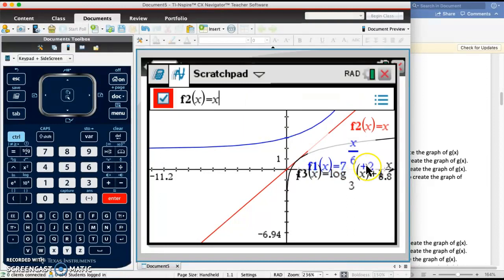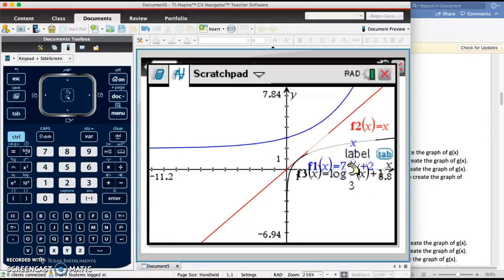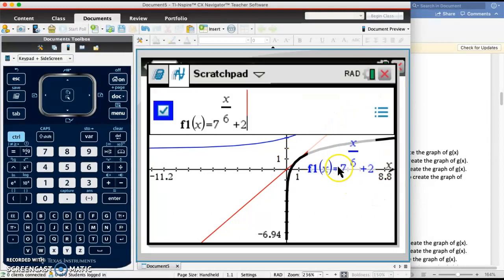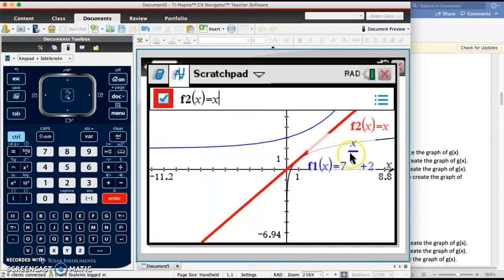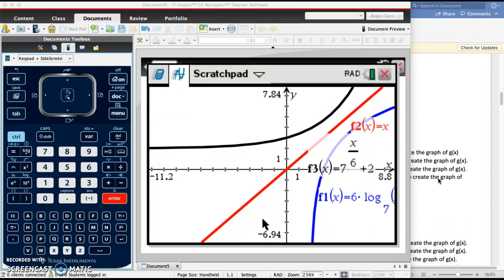Enter. Delete. Okay. That doesn't want to work for some reason. Not sure. Enter. And it's not showing it. The two graphs, they are both